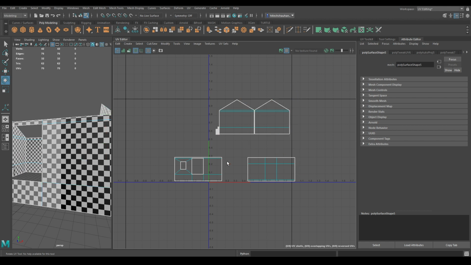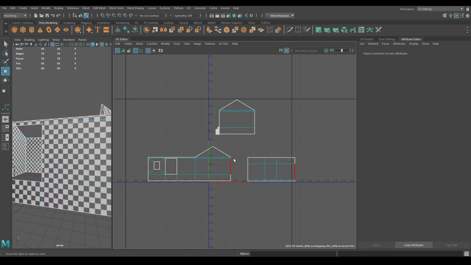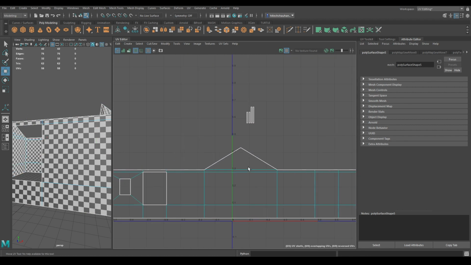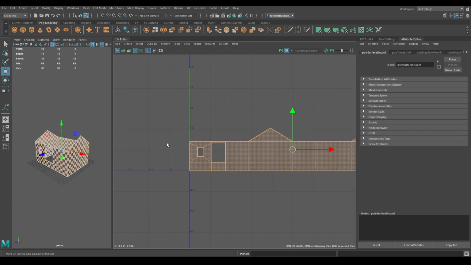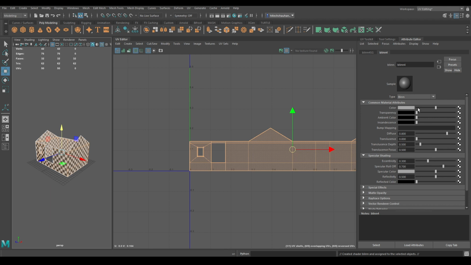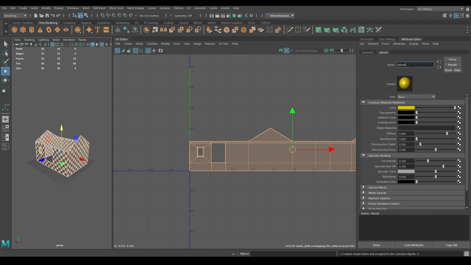Now go to edge mode and select these three edges and use move and sew. Again move and sew. UV shell and layout UV. Again assign a new material. Add any color and rename it as walls.